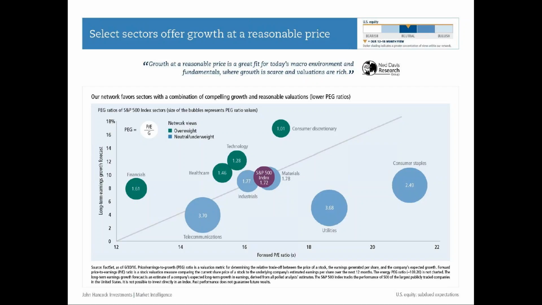And there's 4 sectors that look better than the market. There's financials, healthcare, tech or technology, and consumer discretionary. They have what's called a lower PEG ratio, or price to earnings growth ratio. The other sectors that are less attractive from a valuation perspective are telecommunication, utilities, and staples. So it's just something to consider. You know, you've got to do your homework and know what kind of sectors you're exposed to in certain things.